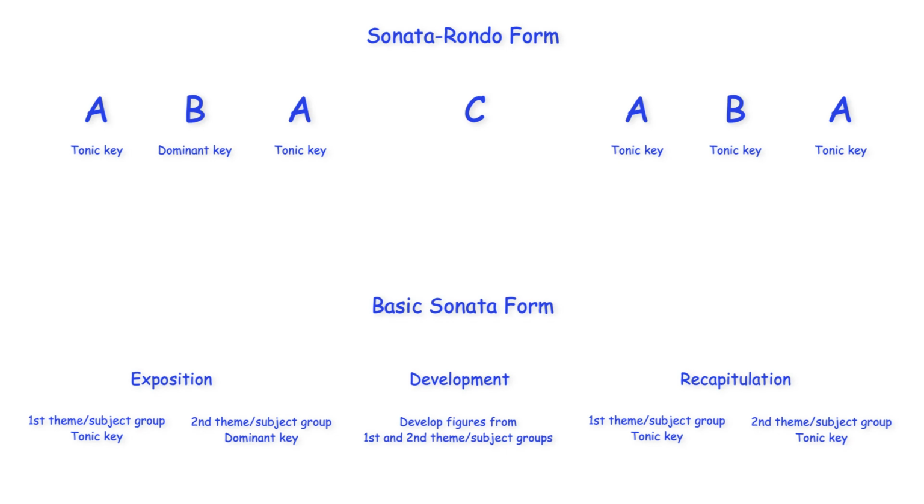The initial A and B sections of the Sonata-Rondo form, for example, like the first and second theme or subject groups of the sonata, will introduce respectively in the tonic and dominant keys a principal and secondary theme. The rondo's C section may then develop figures from these themes and will typically use a different key or keys